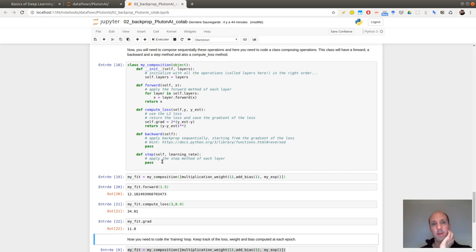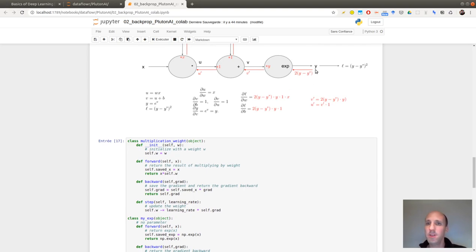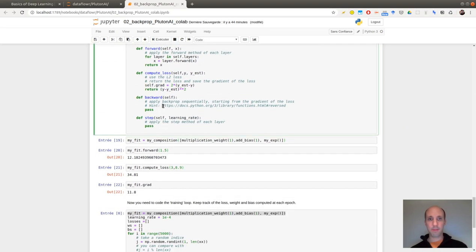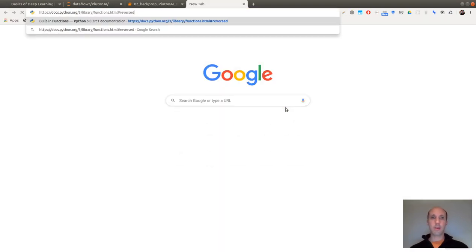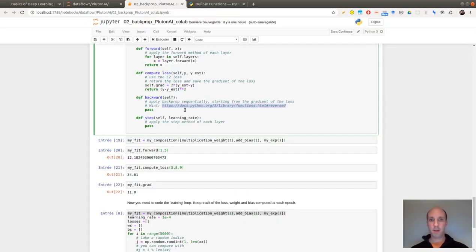Okay. So now I need to do the backward, so meaning computing all the gradients. So the first one is computed when I'm computing the loss, and then I need to do all the same thing as the forward path, but in the backward direction. So this is why I need to use this reversed, which is returning a reverse iterator. So it's doing exactly, if I have a list, it will go through the list from the last one to the first one.